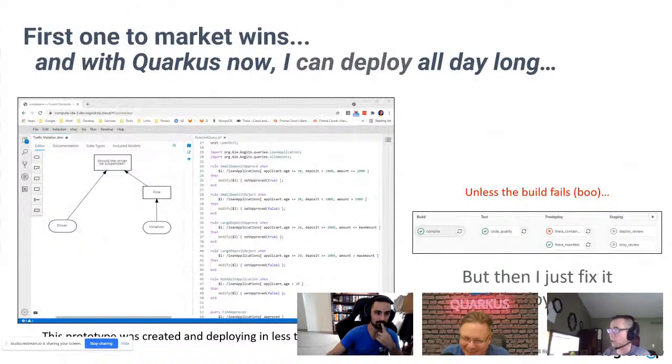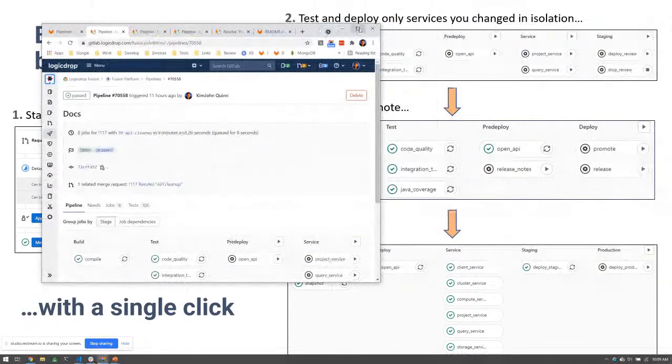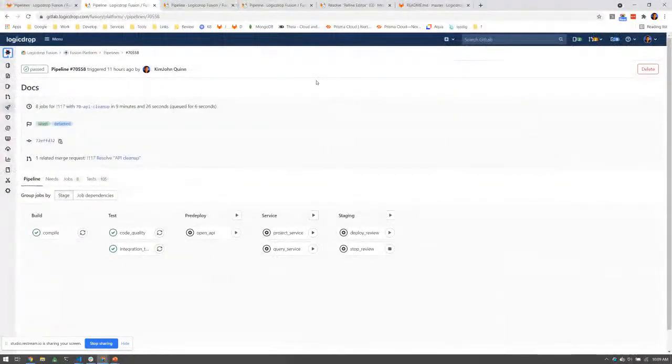So this is actually a prototype that was done in less than a week, taking our services and pumping it to a Theia IDE with Cogito. But I actually wanted to show the build process. Well, go ahead. So I pull over these windows here. This is where it all starts to come together.